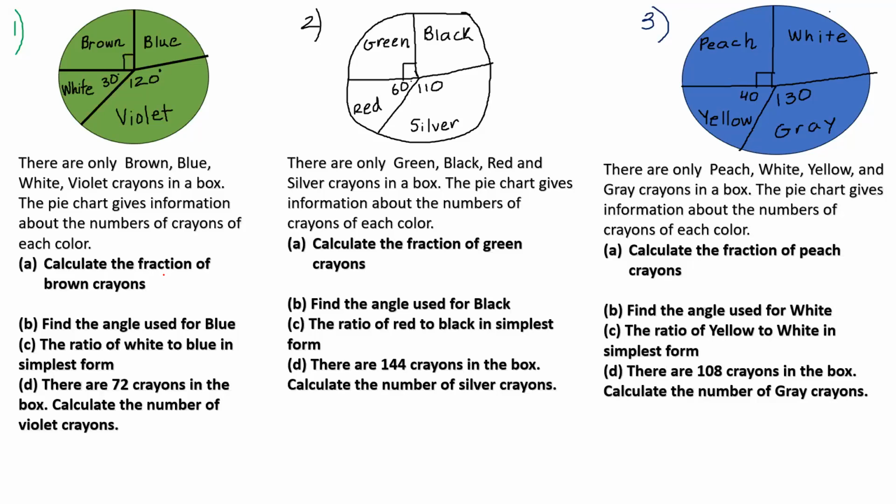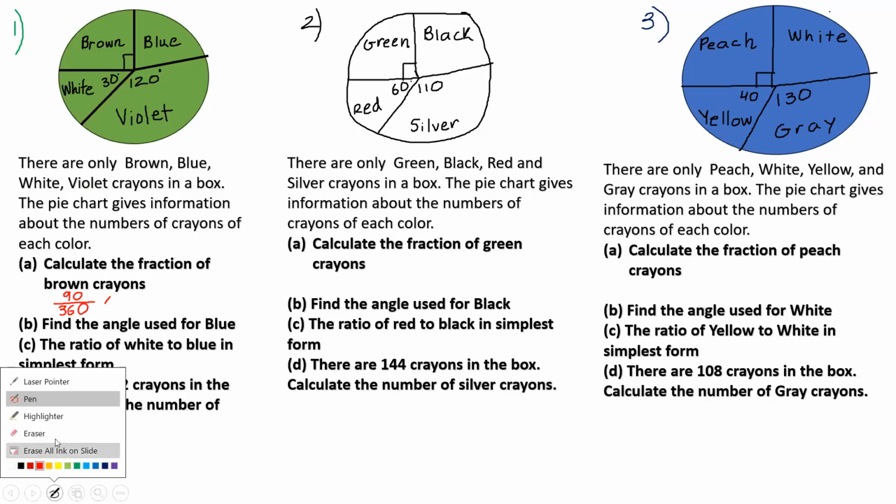So we get the 90 because it's in the 90s, that's the degree. And then we put 360 on the bottom. Then you cross out the zeros. Then we split 90 over 36. Then when you divide it,